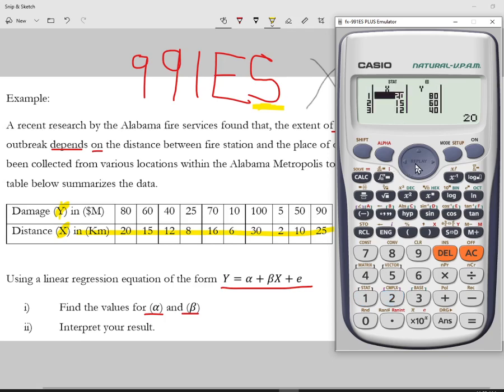If you come here and scroll down, you see we have 20, 15, 12, 8, 16, 6, 30, and then you see I wrote 20, meanwhile over here it's 2. So if you're inputting the data, you need to be super careful. It's very important. I think that's the only error I made, and after correcting it, you